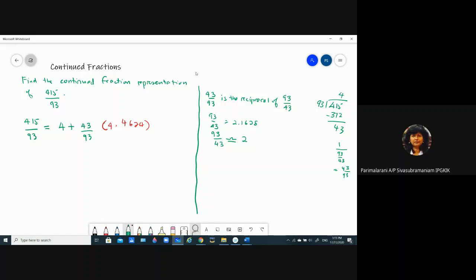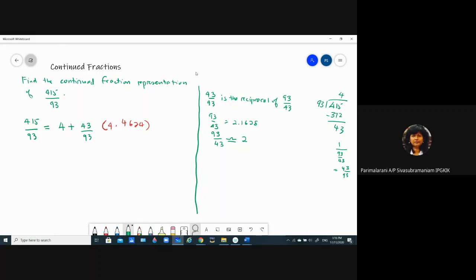So 93 over 43 is approximately equal to 2, very near to 2. Correct or not? Yes. Okay, so because of that,